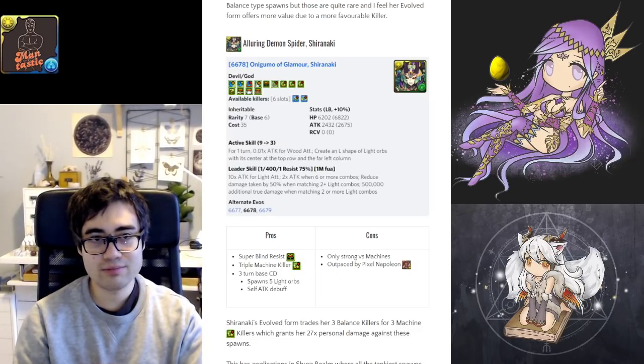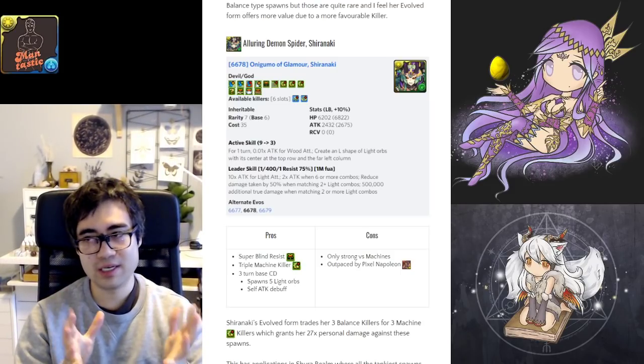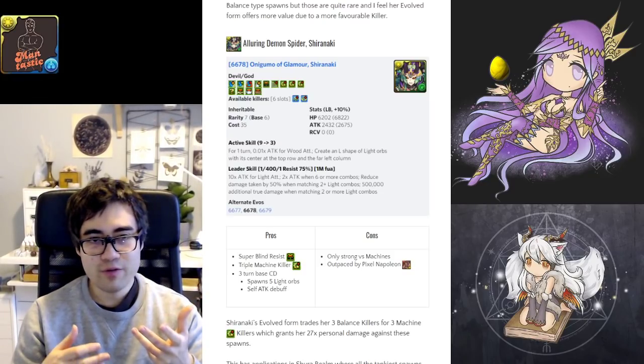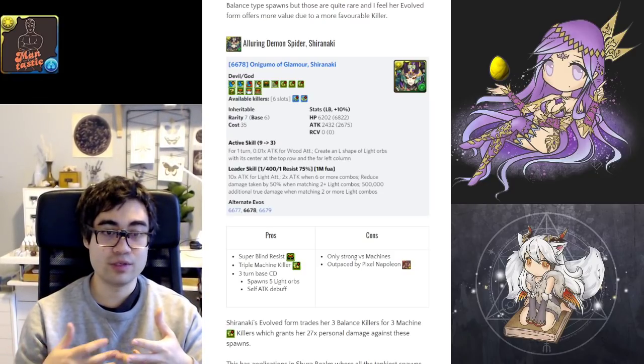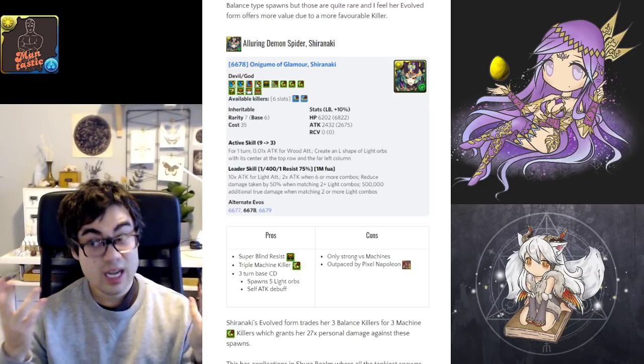Pixel Napoleon does outpace them in damage output. Pixel Napoleon outpaces anyone for damage output. And there is obviously going to be a limited number of spaces for cards you can bring on team. You need to have a certain amount of utility. So from a raw damage point of view, Pixel Napoleon is obviously superior, but the Spider Lady here has significantly